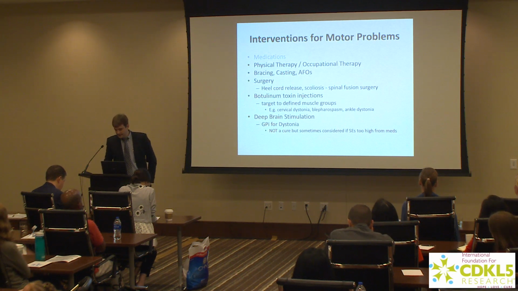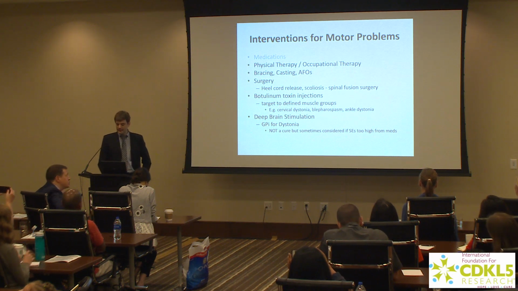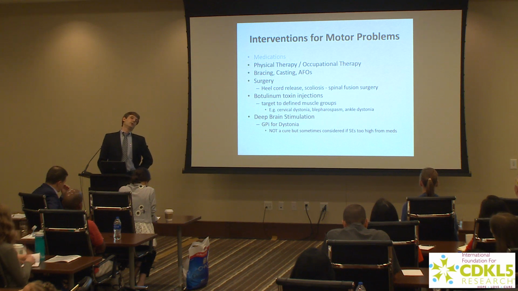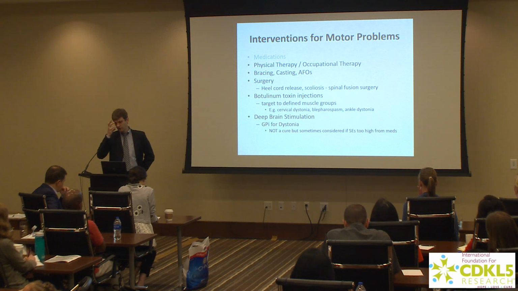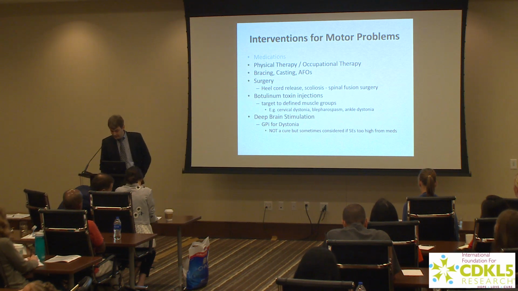In terms of physical medicine intervention, there's bracing, casting, ankle-foot orthoses. There are botulinum toxin injections, for instance, for the more sustained cervical dystonia, for facial contractures that are persistent, but also for ankle dystonia, which is very frequent, I believe. And if these get fixed deformities, then you have to go towards surgery.